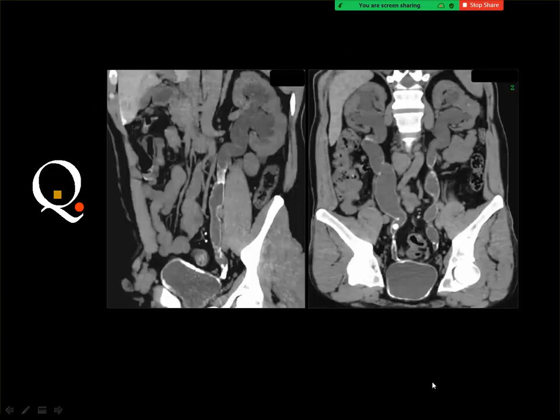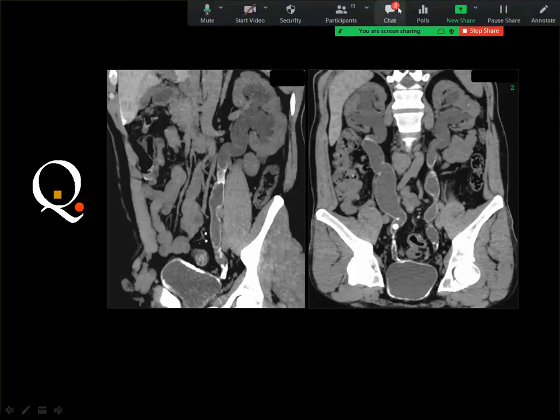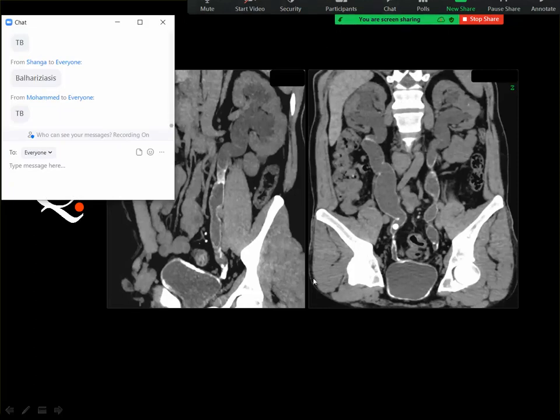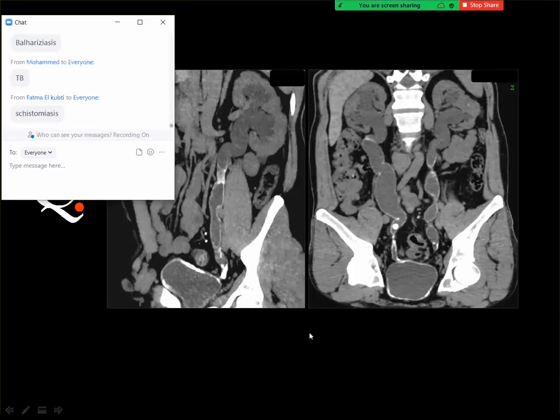And next case, you've got some calcium in the urinary bladder and also calcification and strictures along the ureters on both sides with consequent dilatation of the collecting systems. This is classic for bilharziasis. In order to diagnose